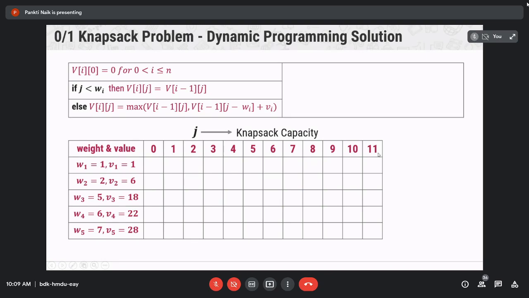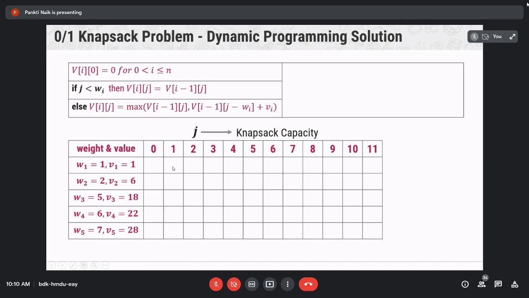Now the first step is V[i][0] is equal to 0 for 0 less than i less than or equal to n. Here the value of i is equal to 1, the first row, so i is equal to 1, which is greater than 0 and less than or equal to n, because n is equal to 5.